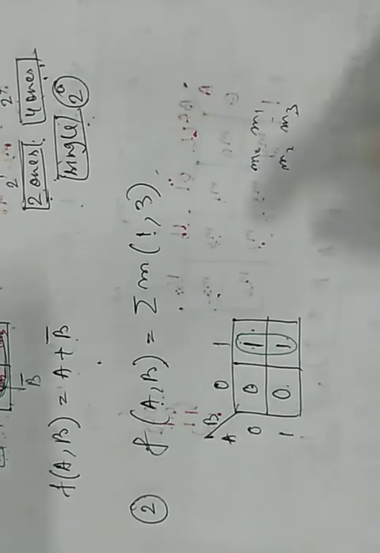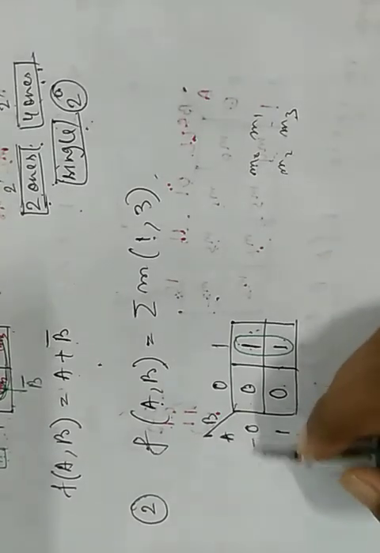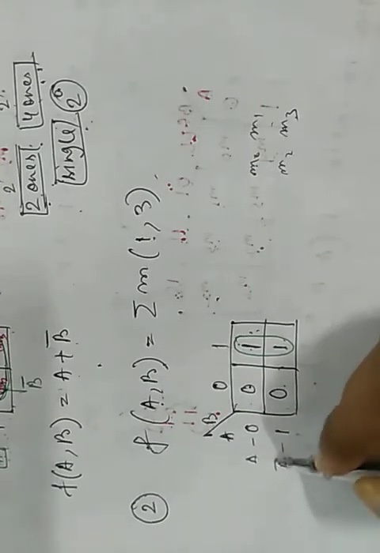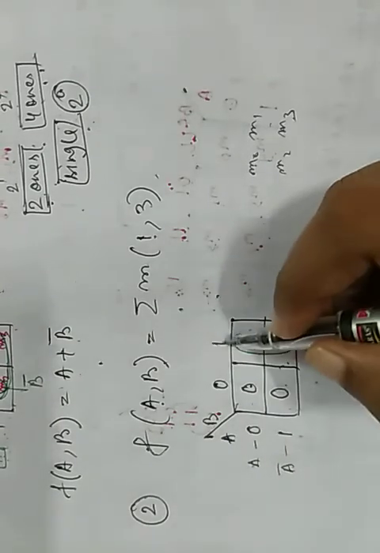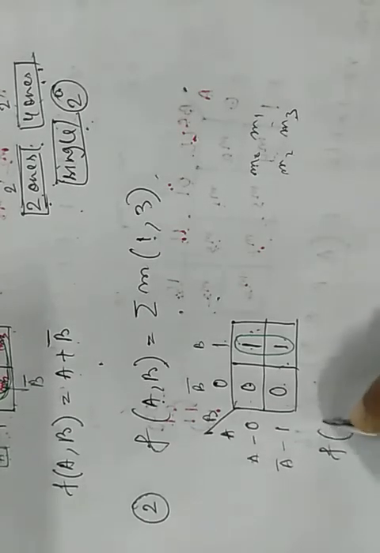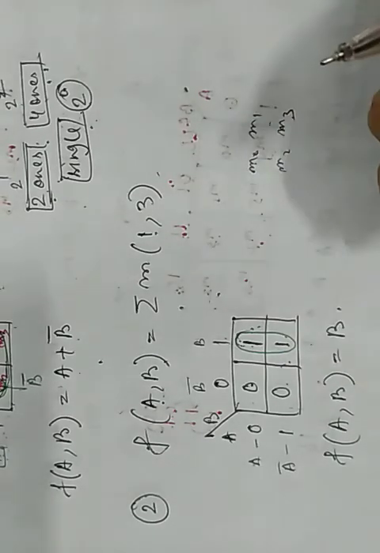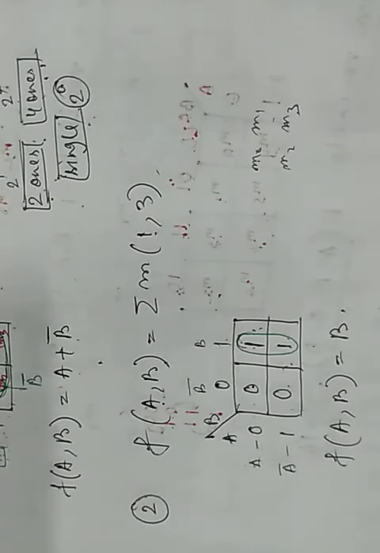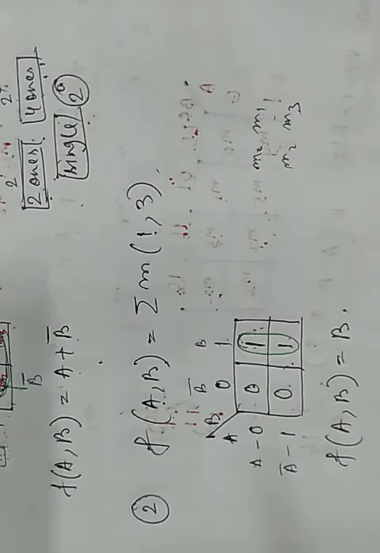Like this way. Now this circle contains, in the horizontal row, A and A bar. As both are different, we can't take any horizontal value, and for the vertical value there is only a single value, so this is B and this is B bar. So our simplified form is F(A, B) equals only B, as there is only a single value. So this is the two variable Karnaugh map. In our next video we will learn about the 3 variable Karnaugh map.